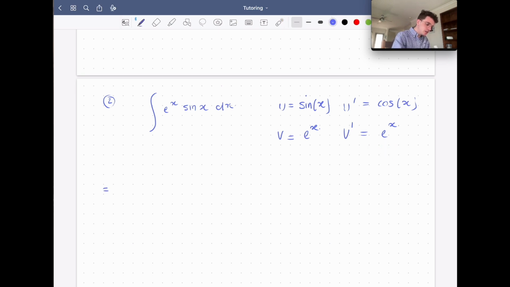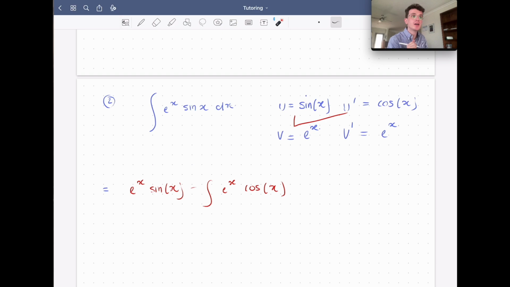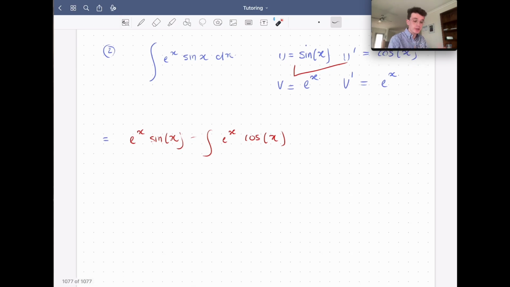So we're going to say, okay, this is equal to, using our tick method, e to the x sine of x minus the integral, connecting our tick, of e to the x cos of x. Okay. This is where it gets really, really fun because we need to integrate by parts a second time. So we're going to have a go at integrating by parts this because we've got the product of two functions again. So we're going to say this is e to the x sine of x, and we're going to integrate